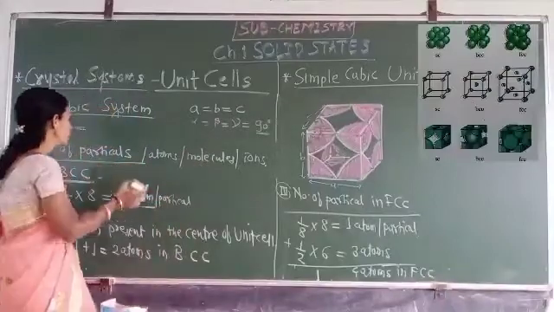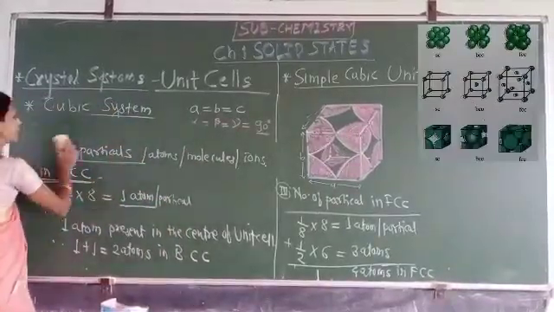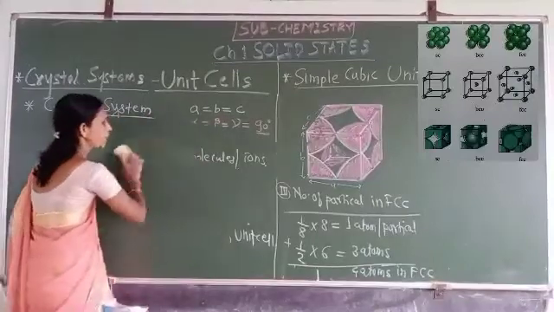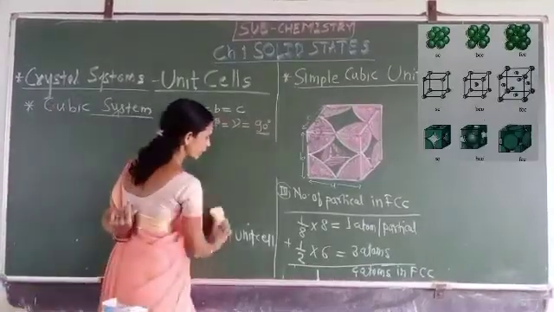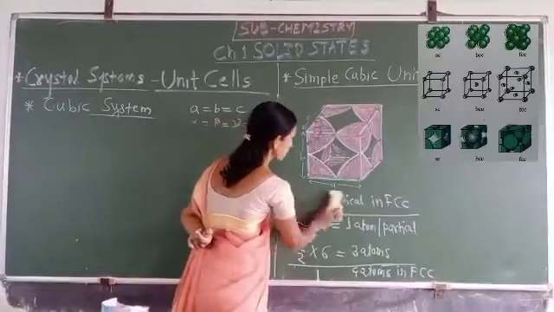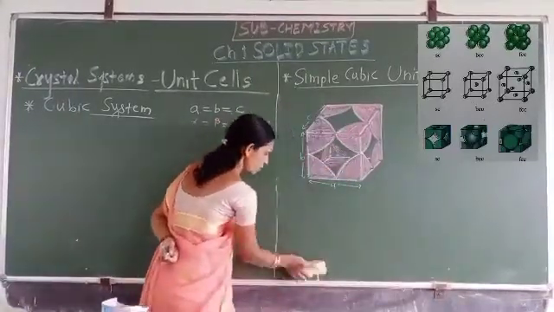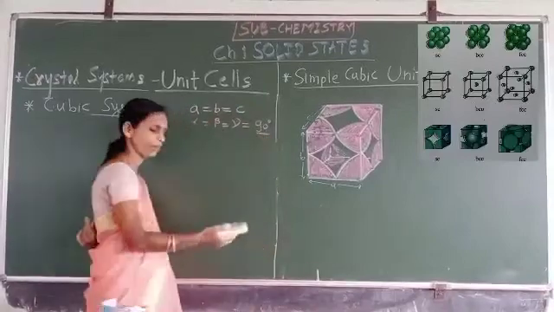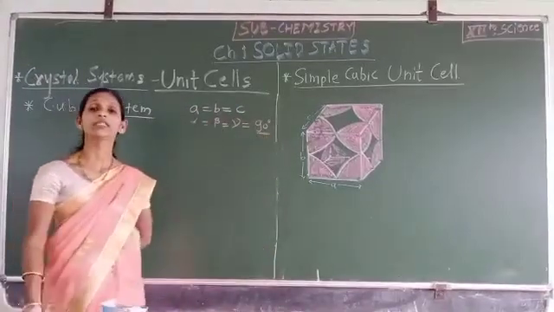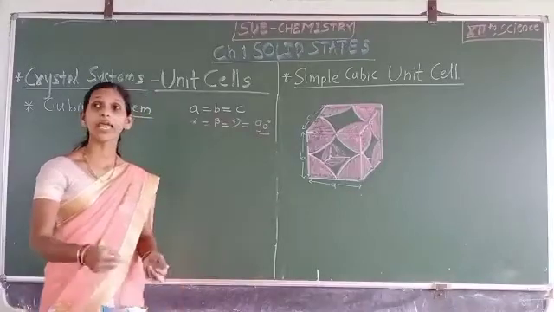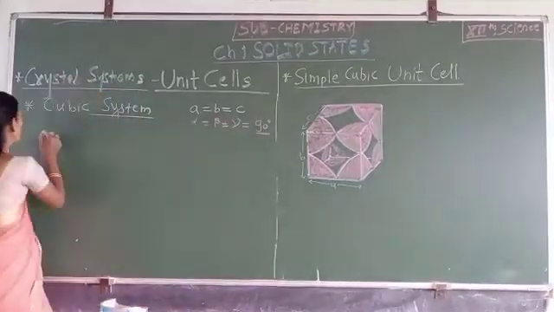That is about the total number of particles present in the 3 types of cubic unit cell: the simple cubic unit cell, the body centered cubic unit cell, as well as the face centered cubic unit cell. Then we can calculate the relationship